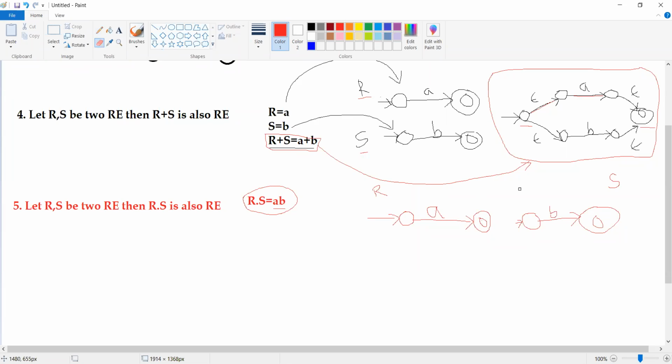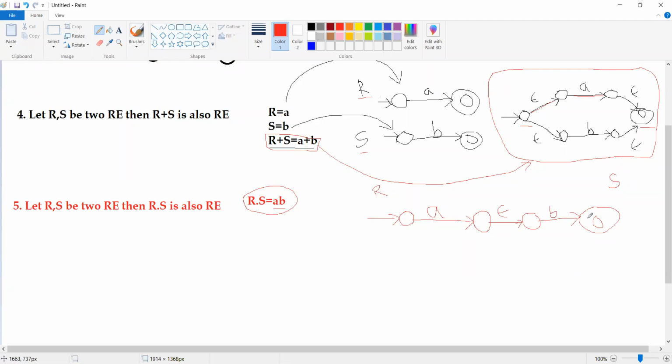This final state is no longer going to be a final state. It is going to become a non-final state. From this non-final state to the initial state of the second finite automata, we need to specify the epsilon transition.